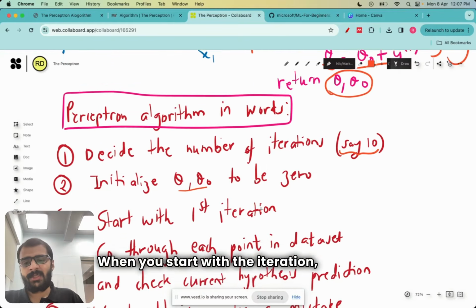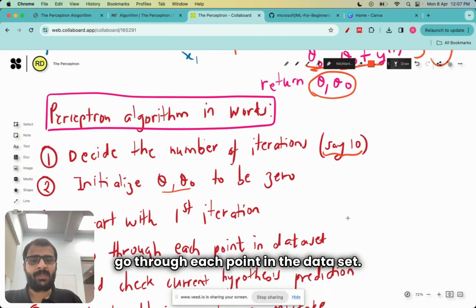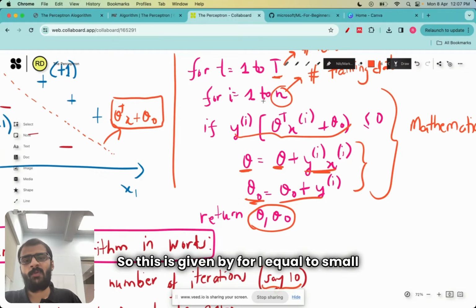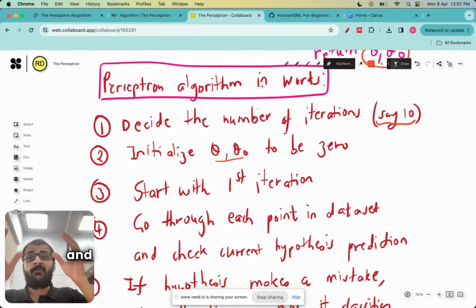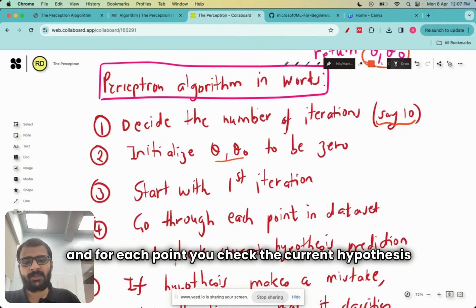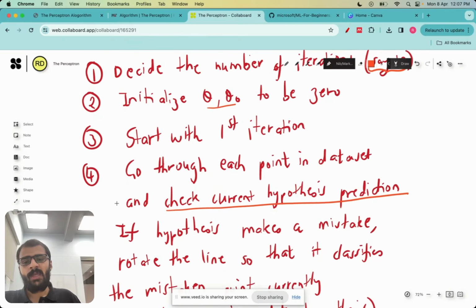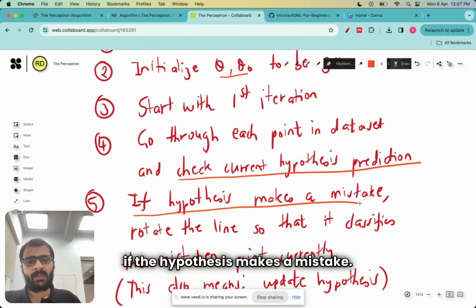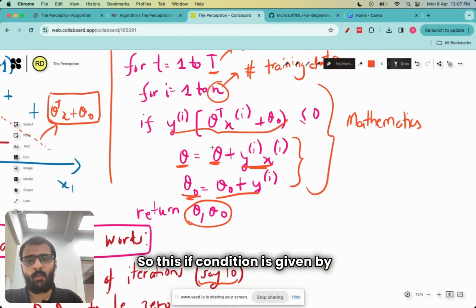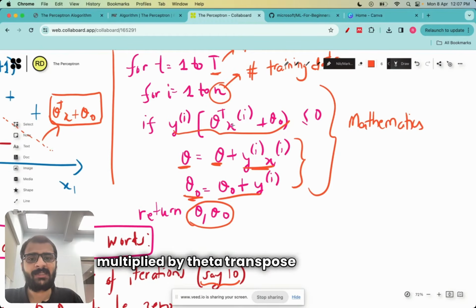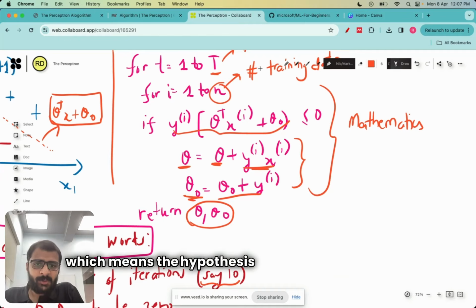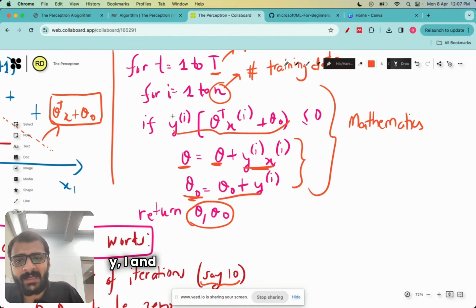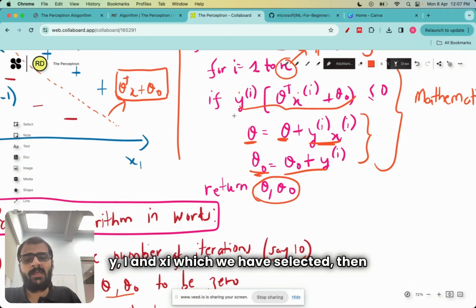When you start with the iteration, you go through each point in the data set. This is given by for i equal to 1 to n, which means you go through each point in the data set, and for each point you check the current hypothesis prediction. If the hypothesis makes a mistake, so this if condition is given by yi multiplied by (theta transpose xi plus theta naught) less than or equal to 0. So if this particular value is less than 0, which means the hypothesis made a mistake for the yi and xi which we have selected, then you essentially